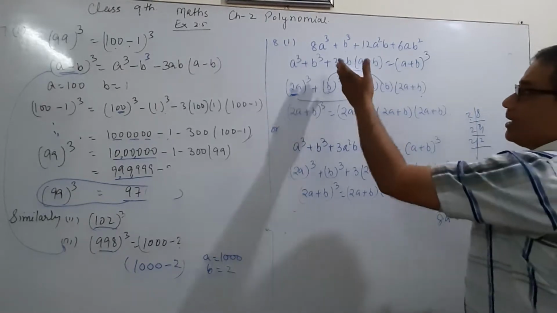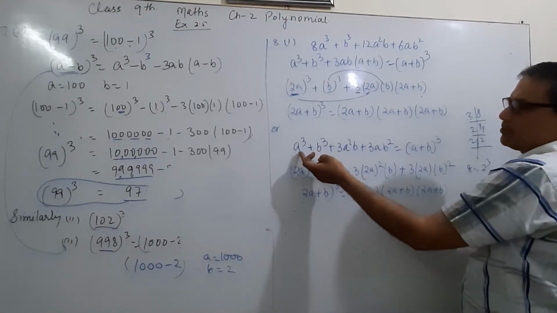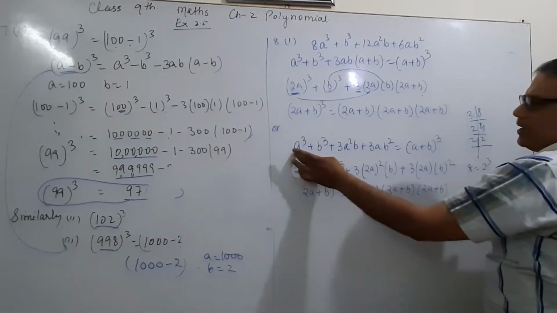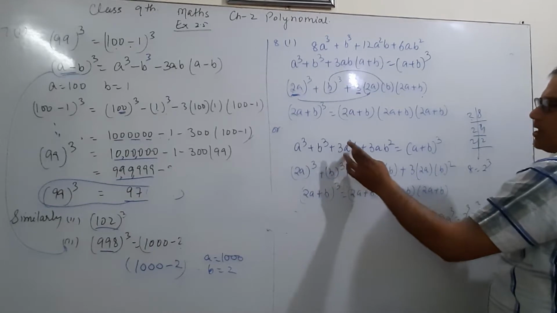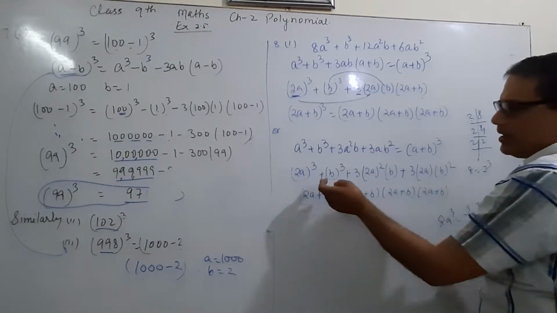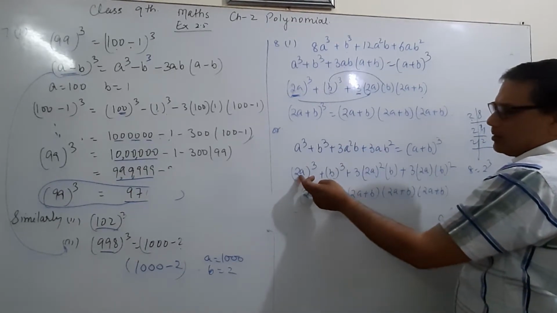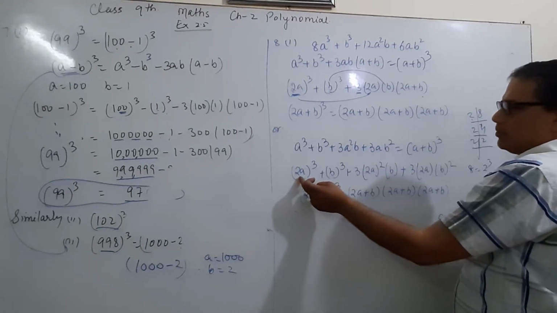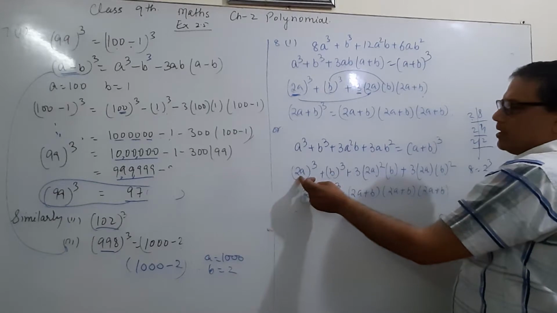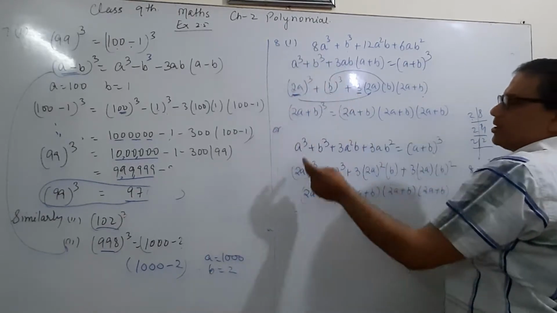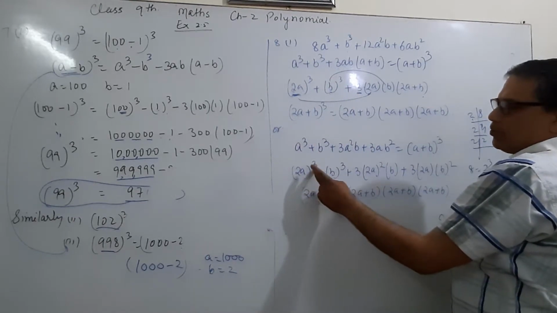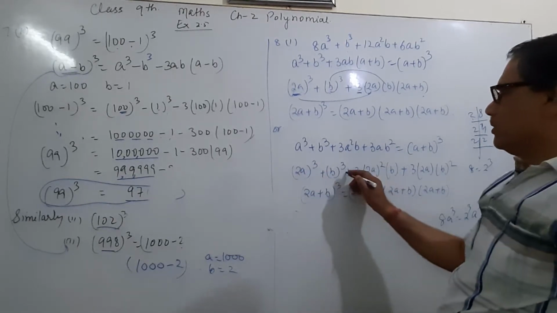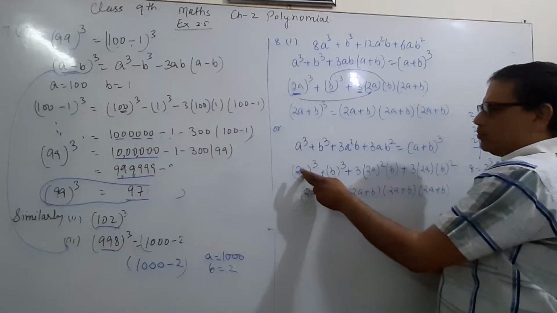Now, in the other form, again we can use other identities also. A cube plus b cube. We know a plus b whole cube is equal to a cube plus b cube plus 3a square b plus 3ab square. And here, what is this? 2a cube means 8 is the cube of 2. A cube, 2a whole cube, plus b cube plus 3a square. What is a? 2a.